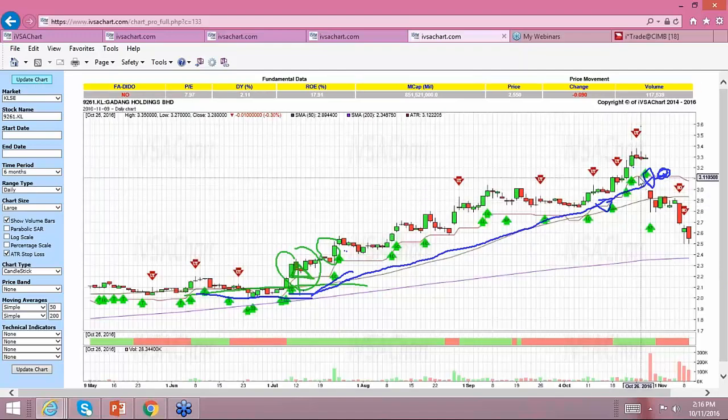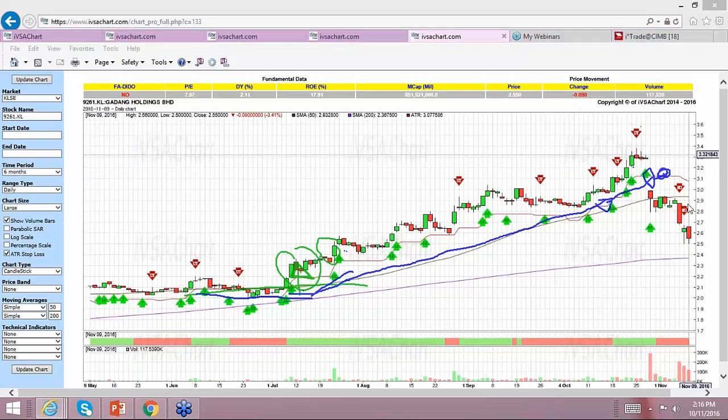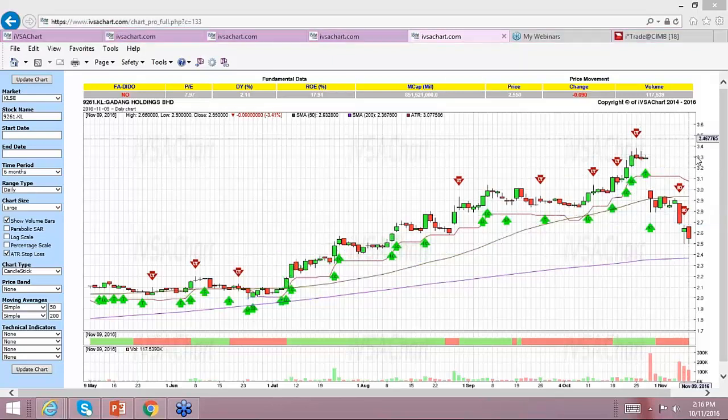Can you see the ATR stop loss here? I erase my drawing. Can you see this line here? This is where we tell our members to actually exit our chart. Now, can you imagine if those members had already entered earlier based on our 18 line change screener, either here and here, they're appearing twice.